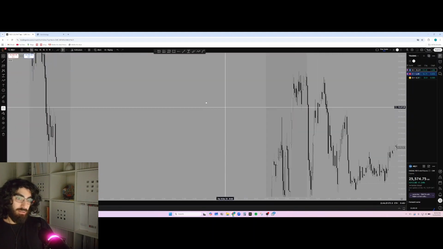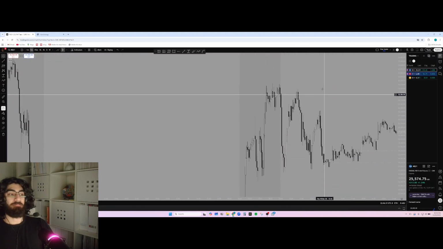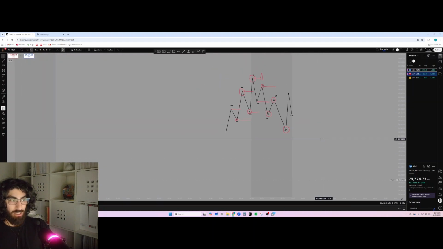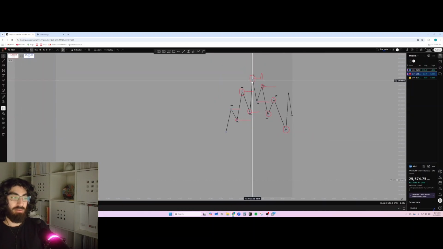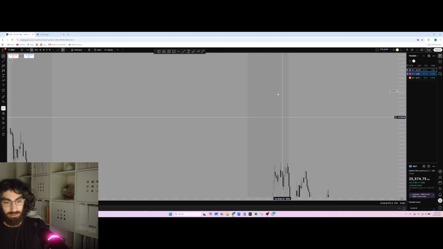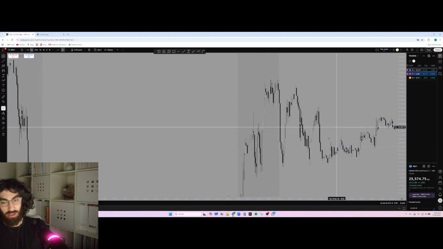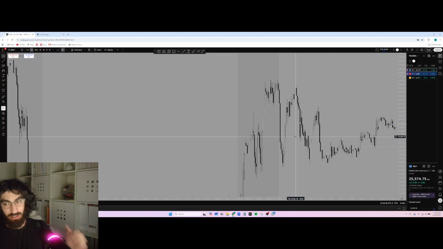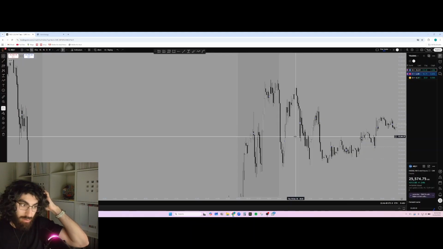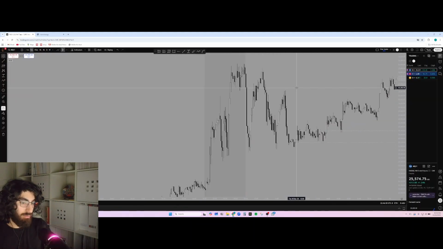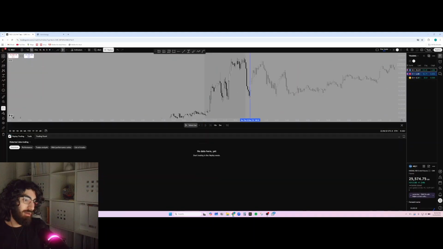Now, if we're going into a real market, it's first of all much easier to identify higher highs, higher lows, lower highs, and lower lows when it's drawn like this. Because when you go on candles, it looks a lot more chaotic with the wicks and everything that's really going on. So if we're looking at, let's say, this market right here,